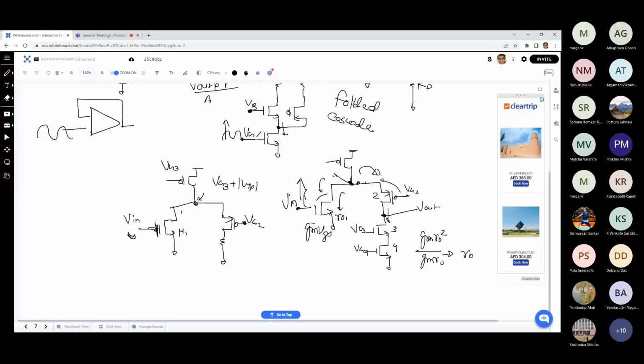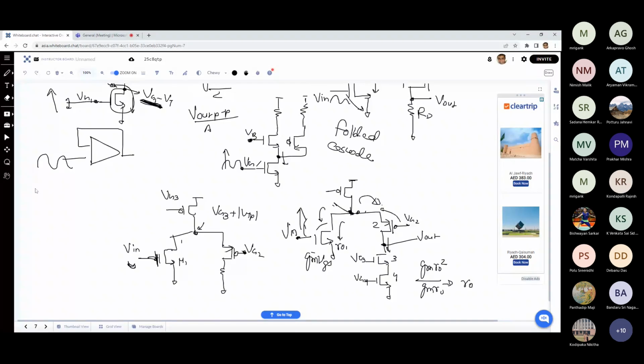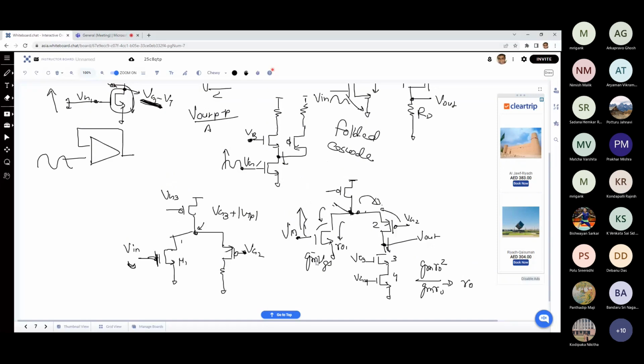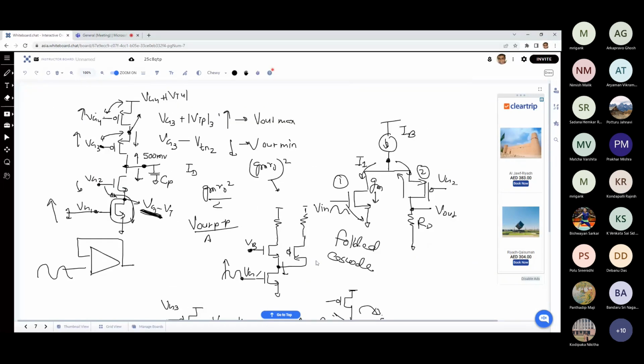This configuration is more amenable as compared to the normal cascode amplifier. This is clear. So just be aware of this, that at a certain stage we will be looking at an operational amplifier built of this kind of structure. So you should be able to correlate that this is nothing else but our normal cascode amplifier concept that